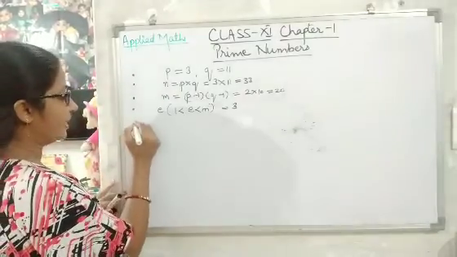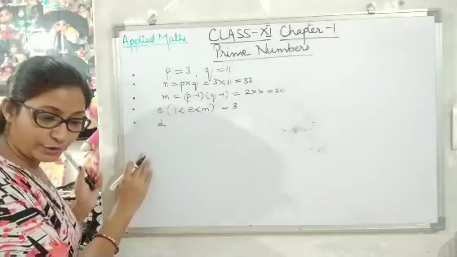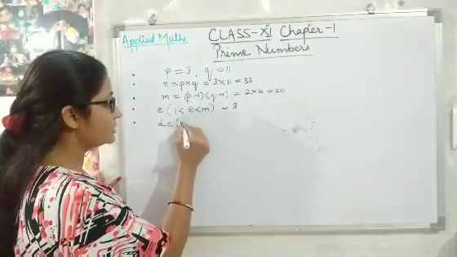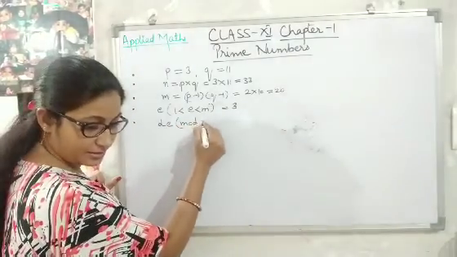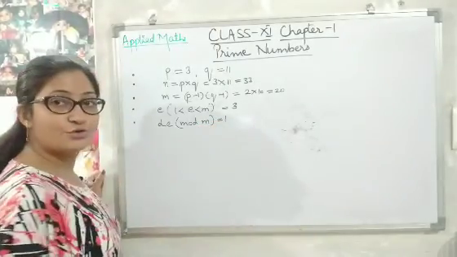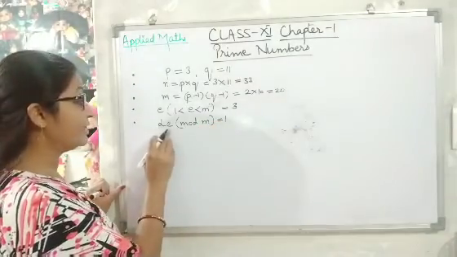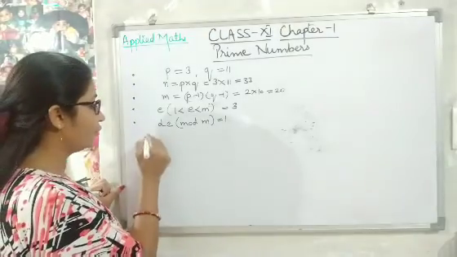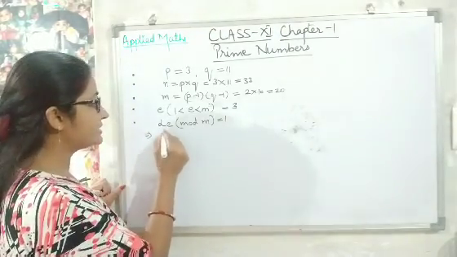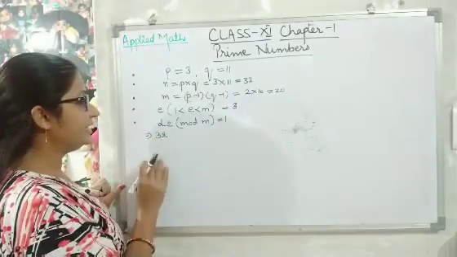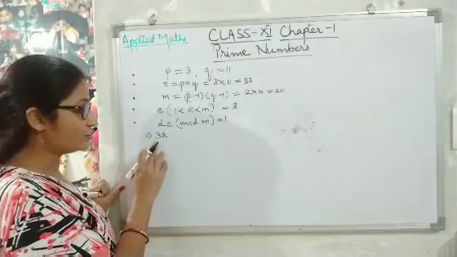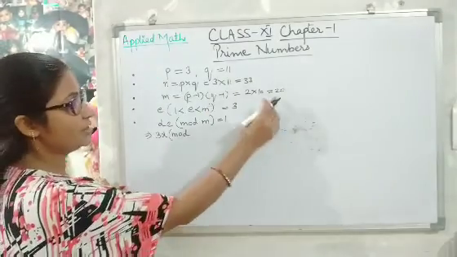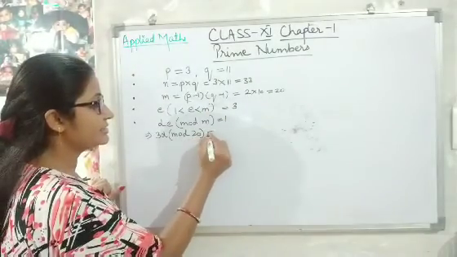Now we have to find D. How are we going to find D? To find D, you know that DE mod m is equal to 1. We have the value of E, we have m, but we don't have D. So how are we going to do this? We can write 3D, because the value of E is 3. So 3D mod m, and m is 20, is equal to 1.